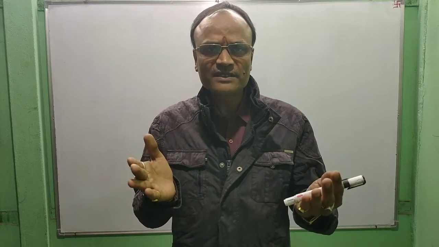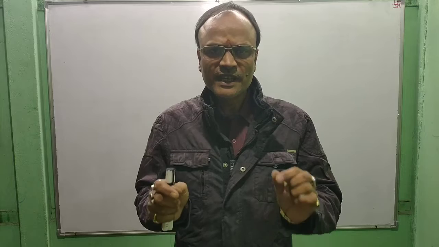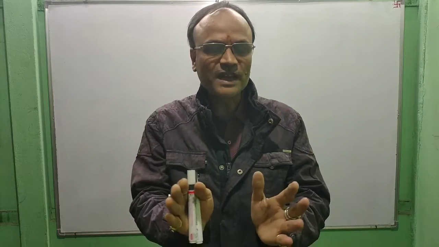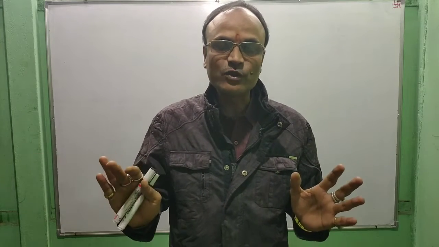we are going to solve a problem: if the general equation of second degree ax square plus twice hxy plus by square plus twice gx plus twice fy plus c equal to 0 represents a pair of straight lines, then if we draw the perpendiculars from the origin on these two straight lines, we have to show that the product of the perpendiculars from the origin on the straight lines is c divided by root over a minus b whole square plus 4h